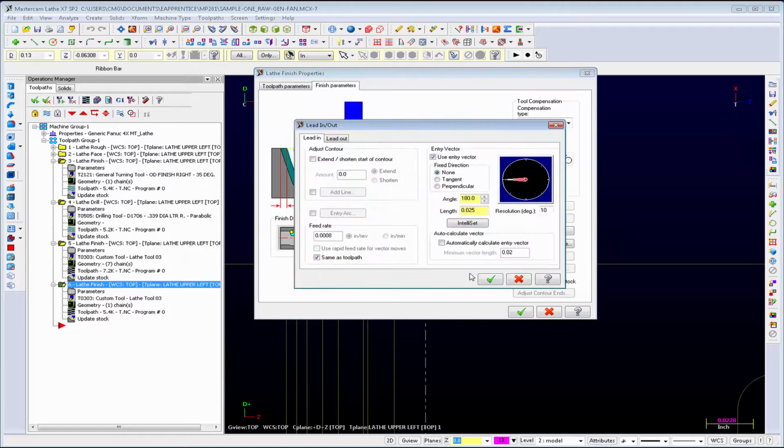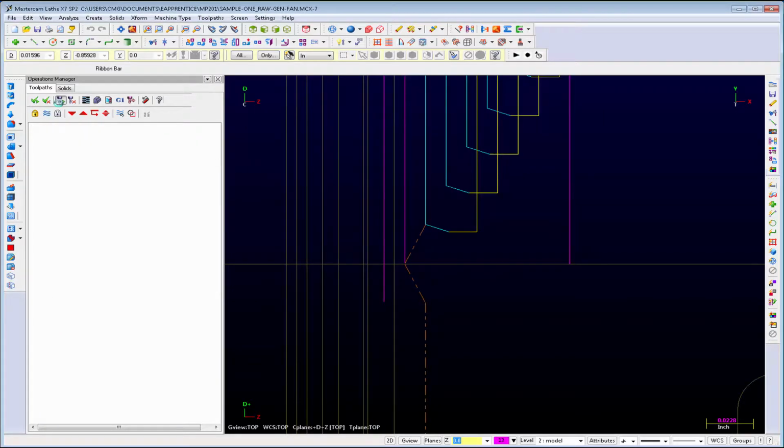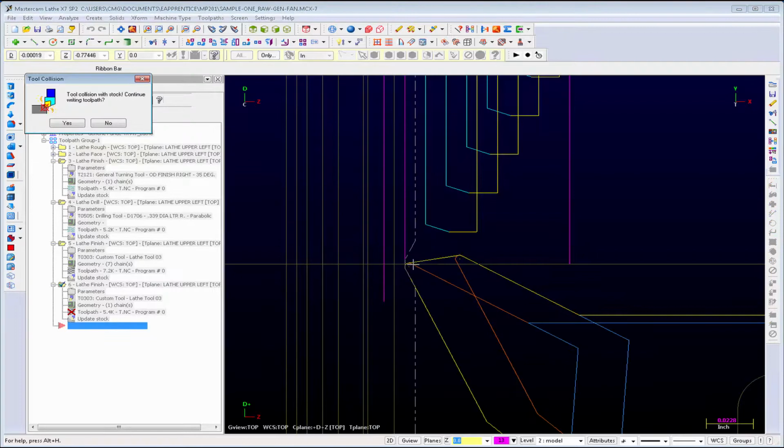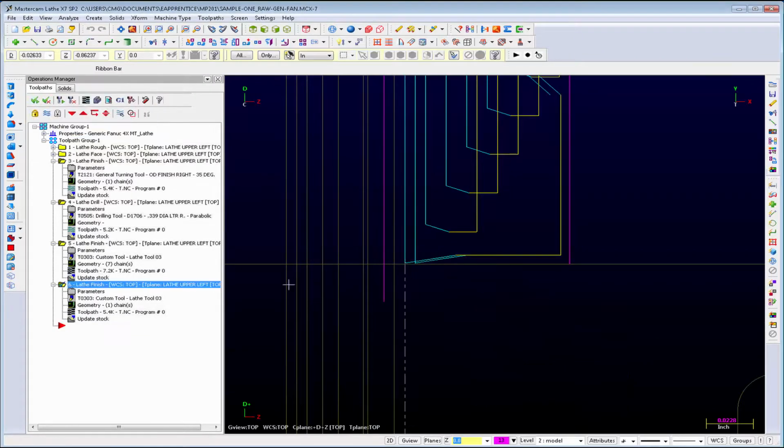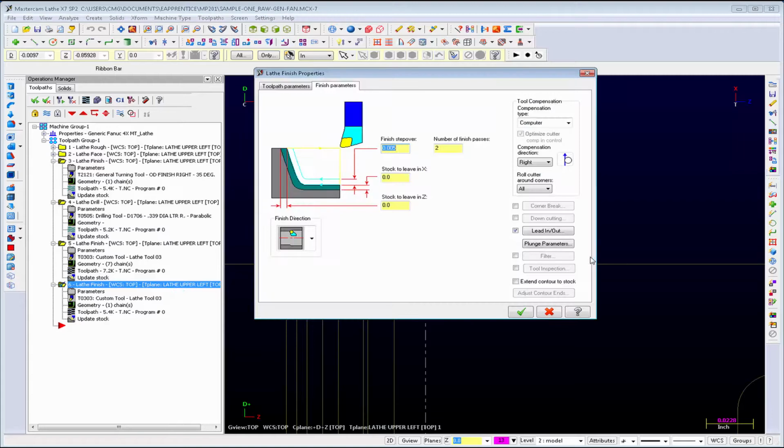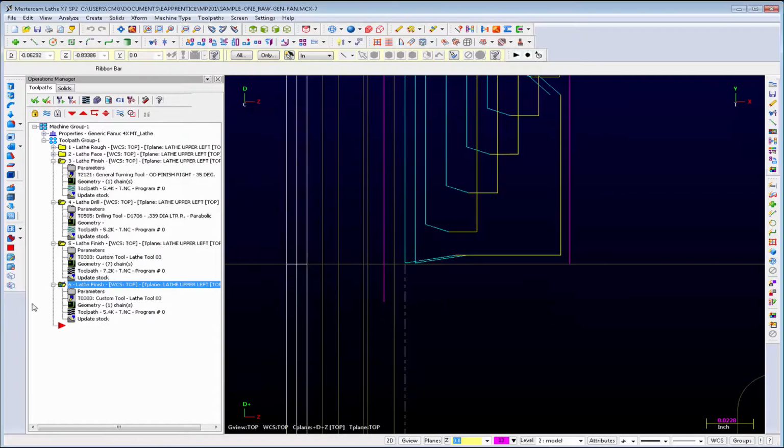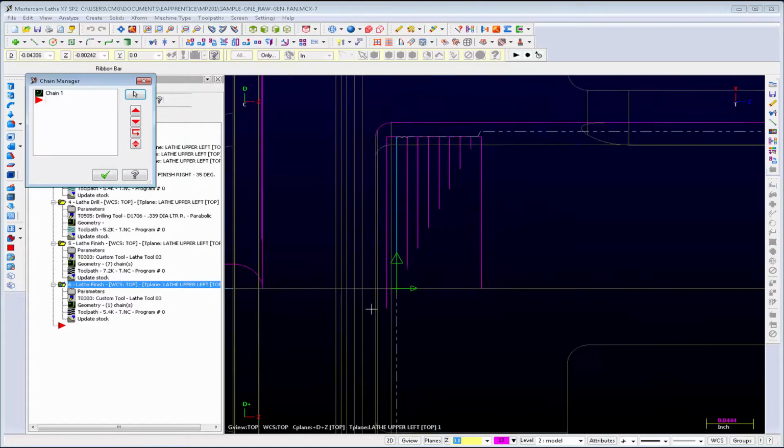See what happens if we go, let's feed in at a negative angle. Let's go negative 10 degrees to try and avoid hitting that. Looks like it still hits there. So something that we may end up wanting to do is cutting it the other way. If we end up going back into the geometry,